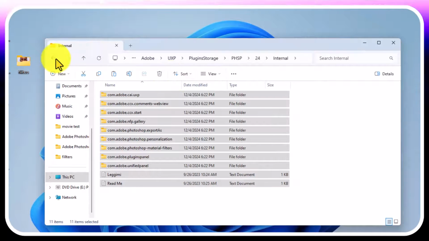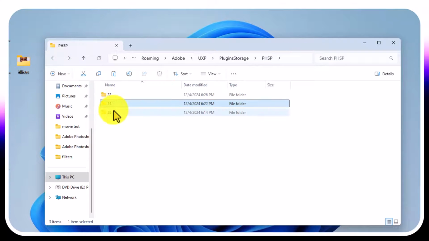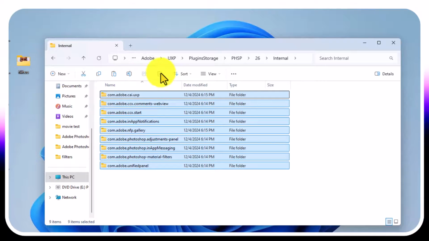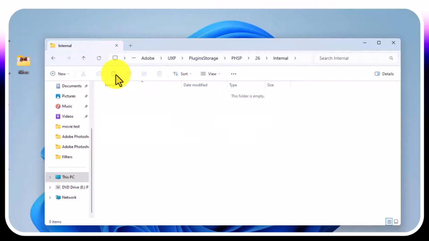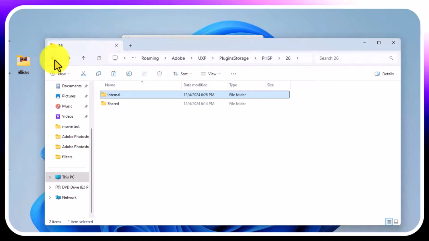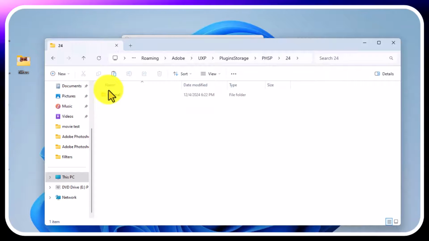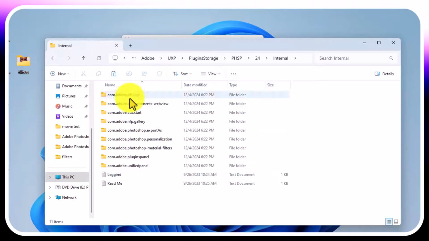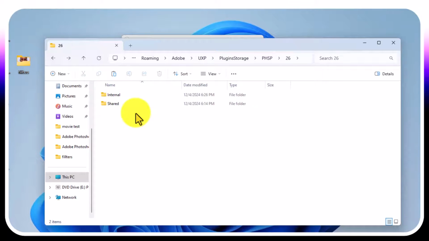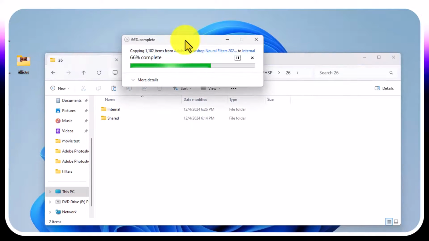Come back to where the directory 26 internal is, and then delete what you find there in internal, and then paste. And the same thing, if you find anything in the 24 folder, delete what you find in the internal and paste. If I'm going back there, so here it's going to work for us. Let's first paste it in the 26. Let's wait. Remember, here we are cracking Adobe